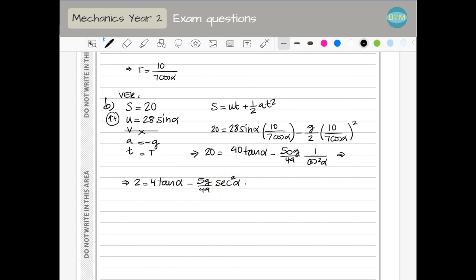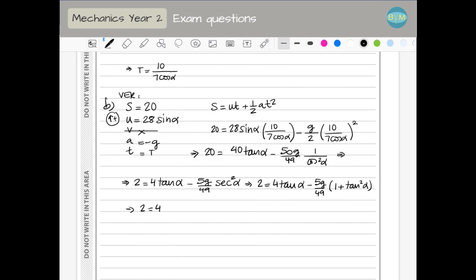Yeah, we can substitute that by tan alpha minus 5g over 49, which is 1 plus tan squared. And believe it or not, this is 1. Yeah, so 5 times 9.8 divided by 49 is 1. Yeah, so I have